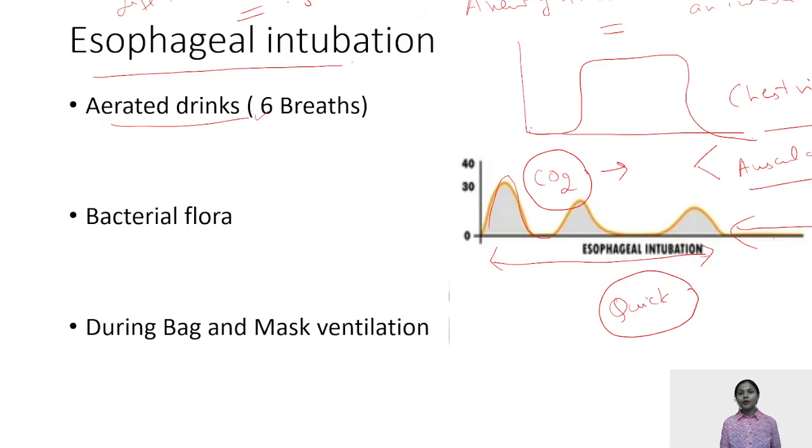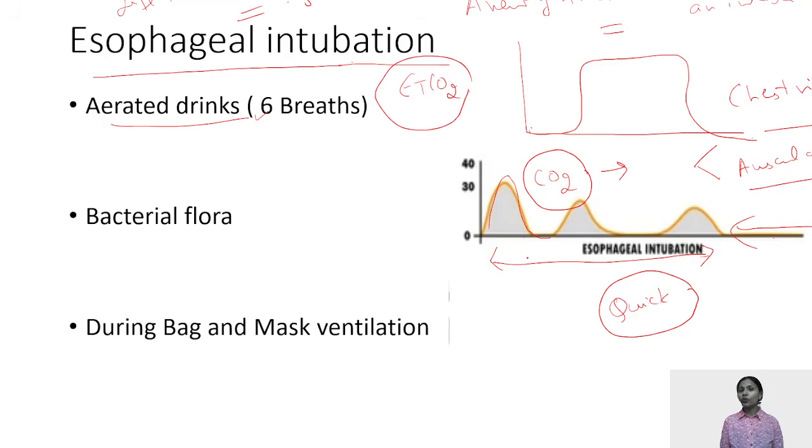See, if it comes that which is the gold standard for diagnosing the esophageal intubation, it is EtCO2, that is capnography, because I've already told you that pulse oximetry will take time. It will be around 3 to 4 minutes before the saturation actually starts falling very fast. So the gold standard for the diagnosis of esophageal intubation would be nothing but the EtCO2 graph.